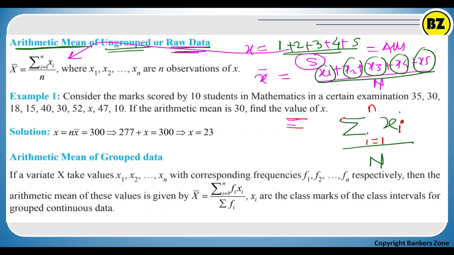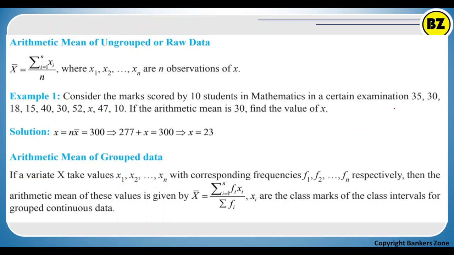So even if you don't need to remember this formula, if you know the logic, you can easily go. Now see, through example you will get further clarification. First example,